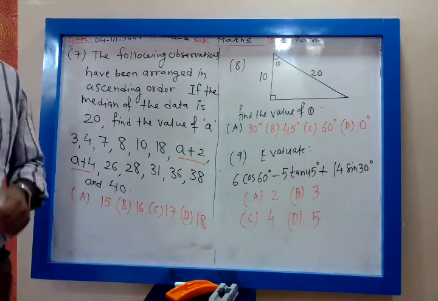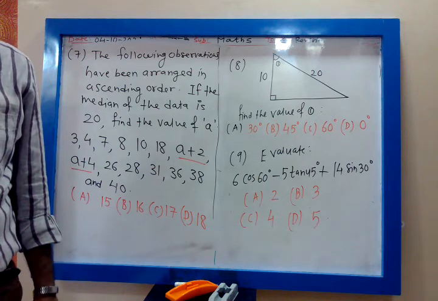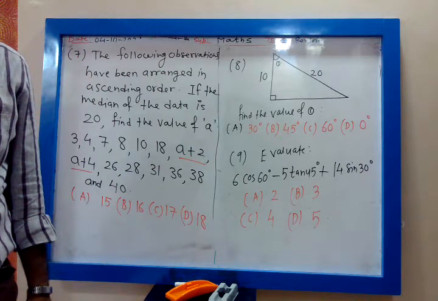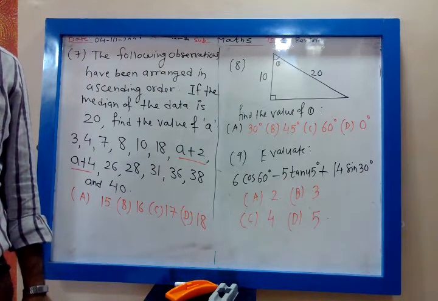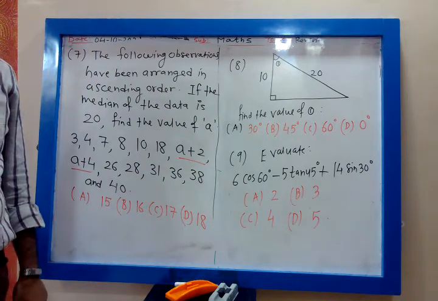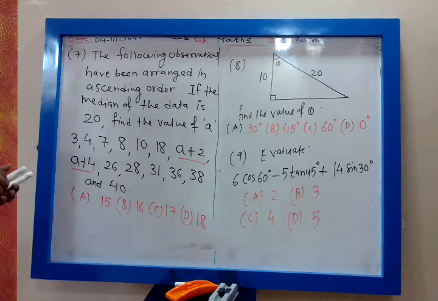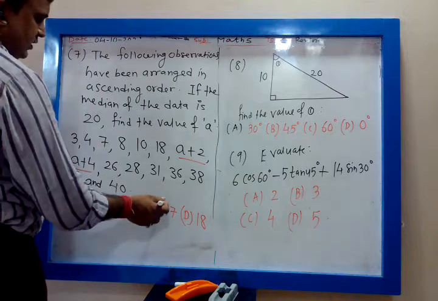Chalo, send me the answer of 7th. If anybody has done, send the 7th answer. Satish Patel, C. Jay Gandhi, C. Rishabh Gathani, C. Anshul Patel, C. Tirath Gandhi, C. Tanvi Patel, C. Meet Rathod, C. Raj Chavda, C. Yes. Preet Mehta, C. Janvi Rathod, C. Amit Jain, C. Okay. Neil, C. Yes. So C means 17. 17 is the correct answer.